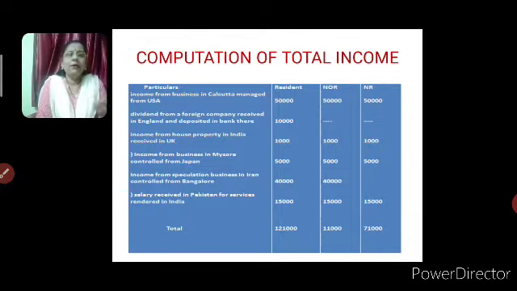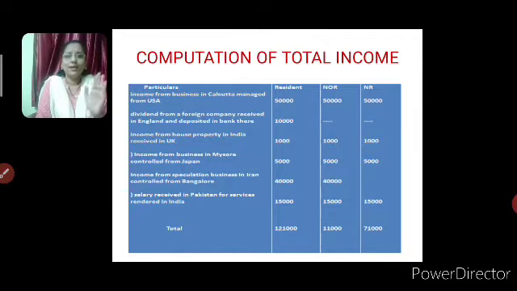Okay. The next is the salary received in Pakistan for services rendered in India. See here, wherever we may receive the salary, the services are rendered for India, so it is liable to tax for all three: resident, not ordinary resident, and non-resident. Then the last item given is past untaxed profit brought to India, that is not liable to tax. That is why I have not included it in this problem.